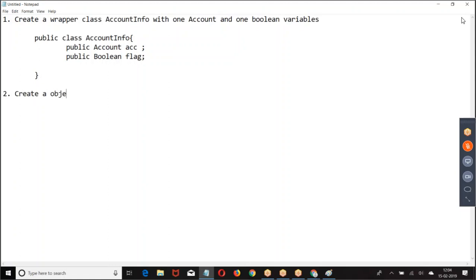Create an object for the wrapper and assign the value.